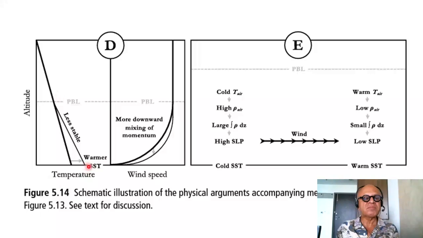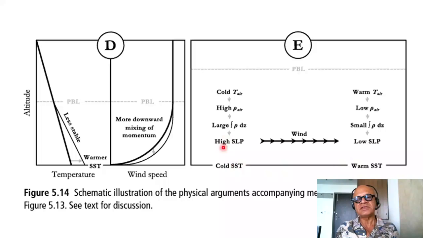So we have warm temperatures, less stable boundary layer. So the boundary layer is here, and you can see that the stability is decreased compared to the cold profile, or the normal profile, let's say. So warming of the SSTs creates a less stable boundary layer, and there is more downward mixing of momentum from above. So you have a downward pull of the winds here, whereas in the case of colder SSTs